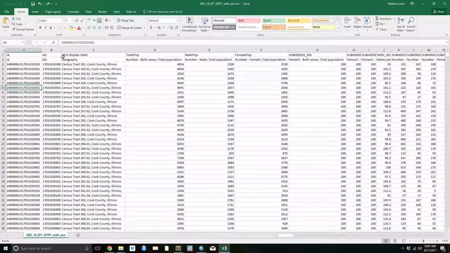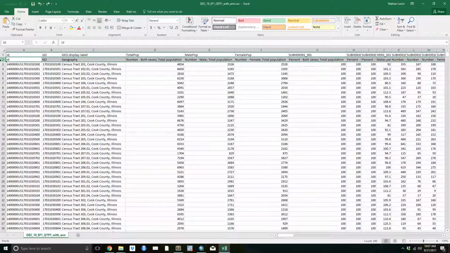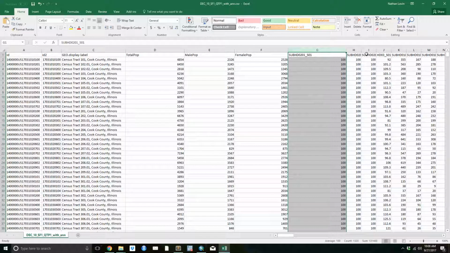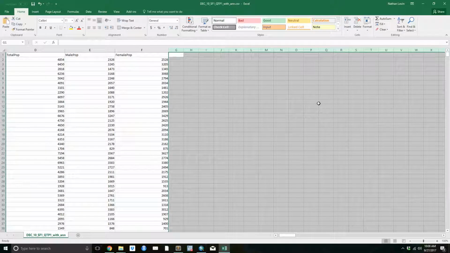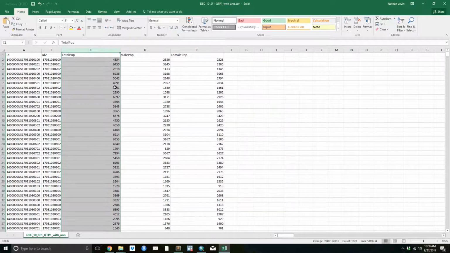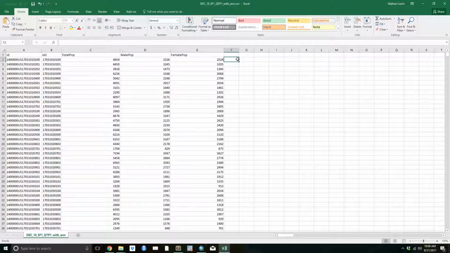Now, before we actually open this in ArcMap, we have to get rid of this line, because if you try to import this into ArcMap with this stuff still included, ArcMap will freak out and it won't open the file, or it won't be able to use the data. So once you get the information you need from this row, you need to go over to here, right-click the 2, and then go to delete, and that will get rid of it for you. And while we're here, we don't need any of this data for what we're doing today, so you can just delete it. You don't need this either. So now we have a really nice, simple